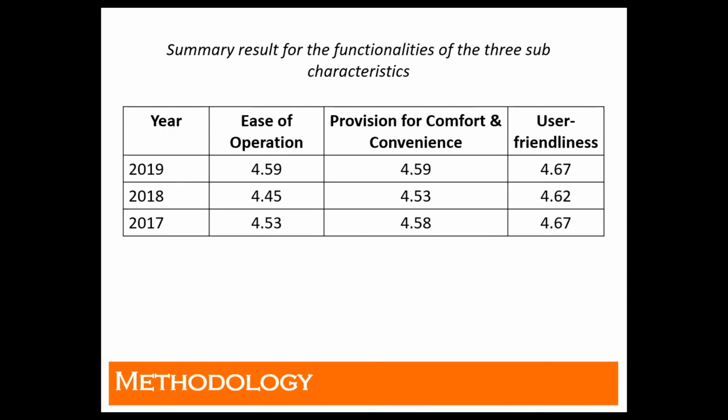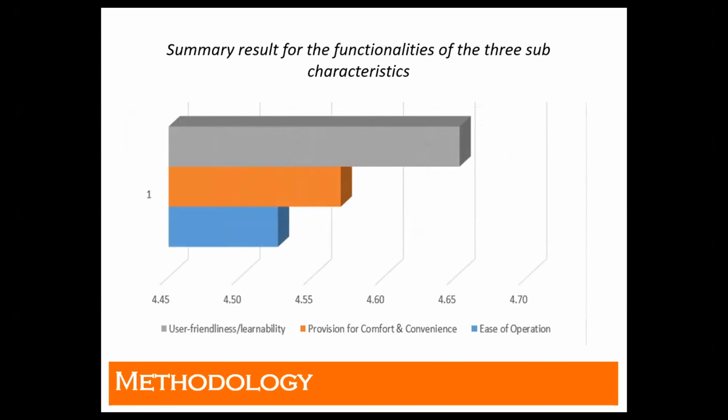So I investigated the subcomponents of functionality that is composed of ease of operation, provision for comfort and convenience, and user friendliness for the 3 consecutive years. And to put this into a graphical formation, it is found out that the ease of operation drops to the lowest general weighted mean that might cause the functionality to have the lowest general weighted mean, followed by provision for comfort and convenience, and it follows with user friendliness